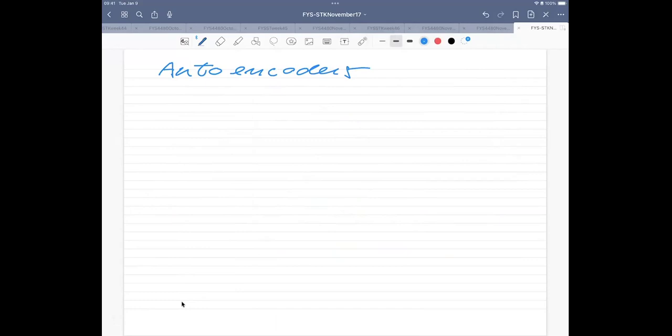We want to find a latent space which you can think of as a space of reduced dimensionality compared to the full space of degrees of freedom you have. This latent space is meant to represent the most important degrees of freedom.